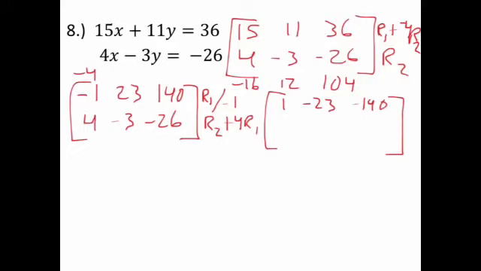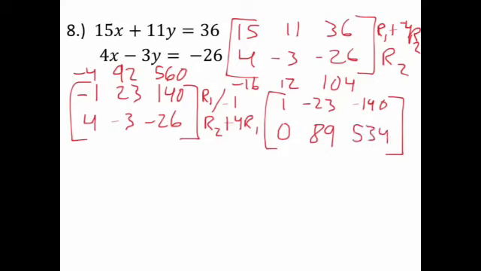Let me get the other ones real quick. Okay, so 23 times 4 is 92, and then 140 times 4 gives me 560. I'm going to take those and add them to this row. That gives me 0, and then 92 plus -3 is 92 minus 3, so 89, and then 560 minus 26 is going to give me